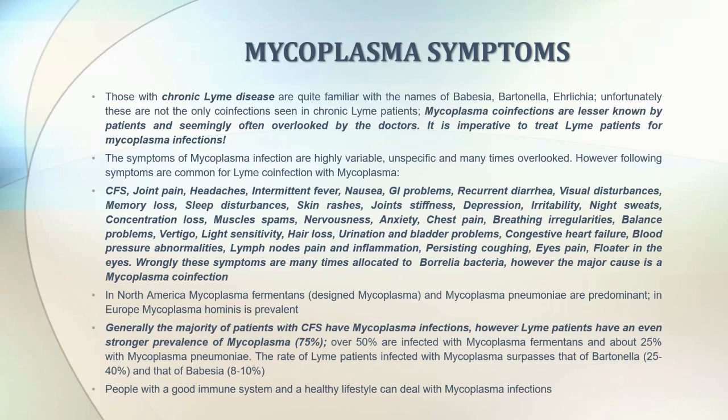However, the following symptoms are very common for Lyme co-infections with mycoplasma: CFS, joint pain, headaches, intermittent fever, nausea, gastrointestinal problems, recurrent diarrhea, visual disturbances, memory loss, sleep disturbances, skin rashes, joint stiffness, depression, irritability, night sweats, concentration loss, muscle spasms, nervousness, anxiety, chest pain, breathing irregularities, balance problems, vertigo, light sensitivity, hair loss, urination and bladder problems, congestive heart failure, blood pressure abnormalities, lymph node pain and inflammation,